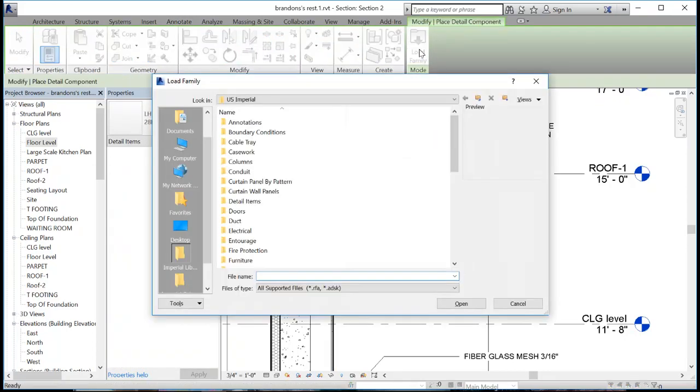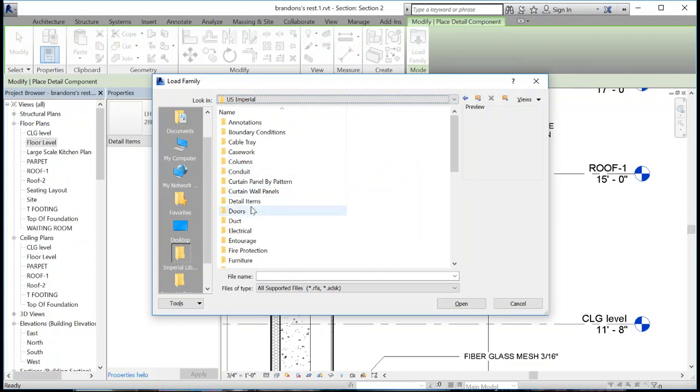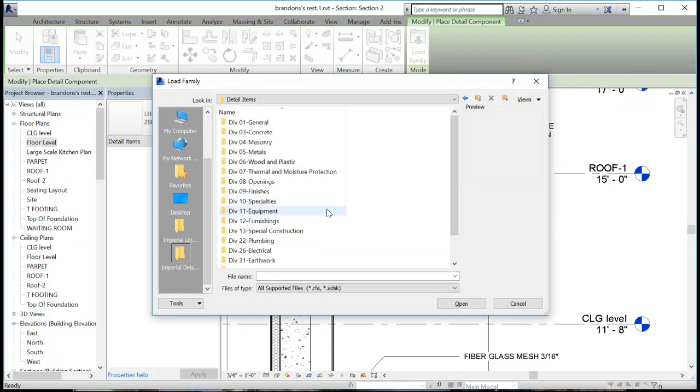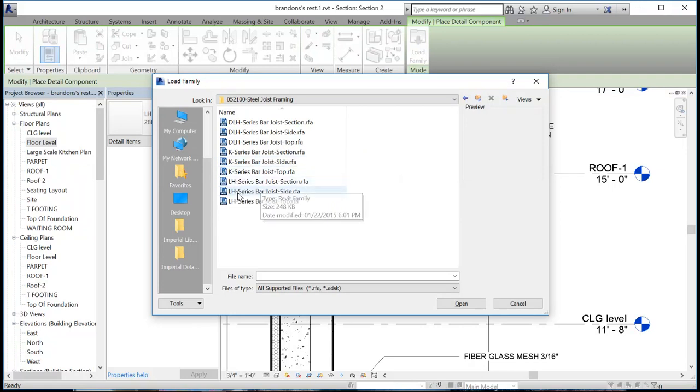I'm going to load the family. It's going to default me to this U.S. Imperial Library. I'm going to go to detail items, and I'm going to look for metals, steel joist framing. And we were using the LH series bar joist, and I have 3 different types here. The one is in section, the one is inside, and the one is in top view. I'm going to choose the one in side view